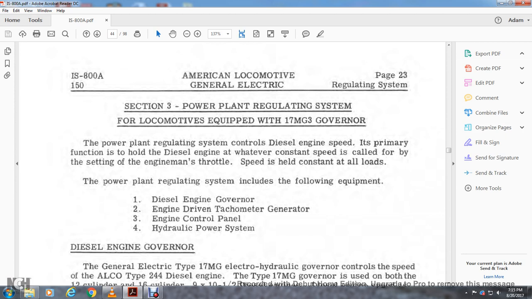The power plant regulating system controls the diesel engine speed. Its primary function is to hold the diesel engine at a constant speed, whatever speed is called for by the setting of the engine throttle, under all loads. The power plant regulating system includes the following equipment: diesel engine governor, engine driven tachometer generator, engine control panel, hydraulic